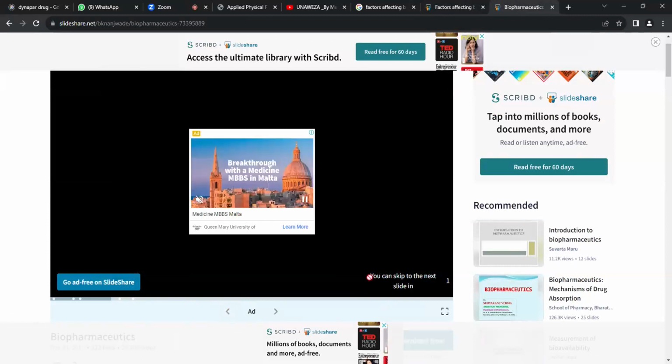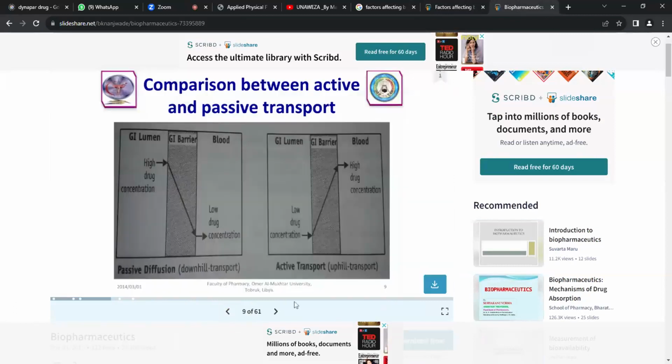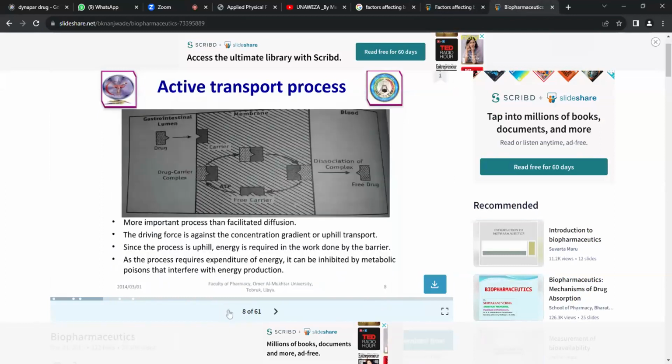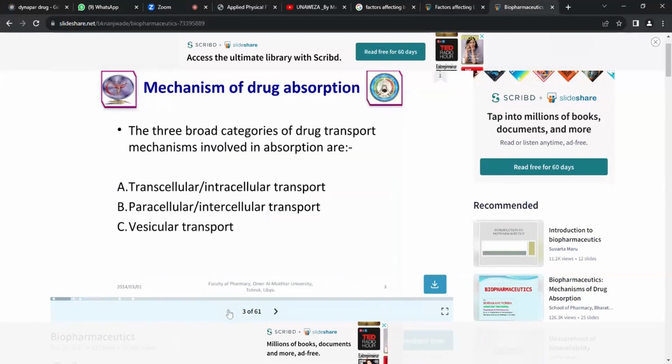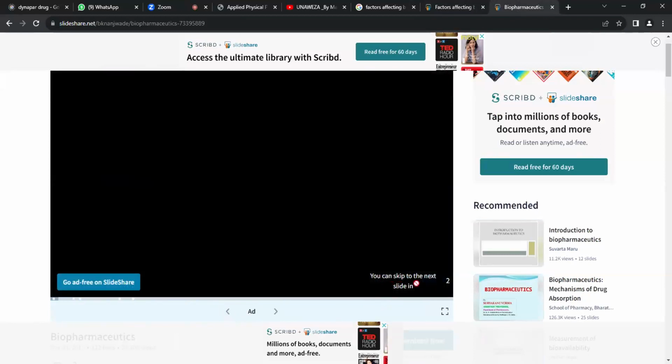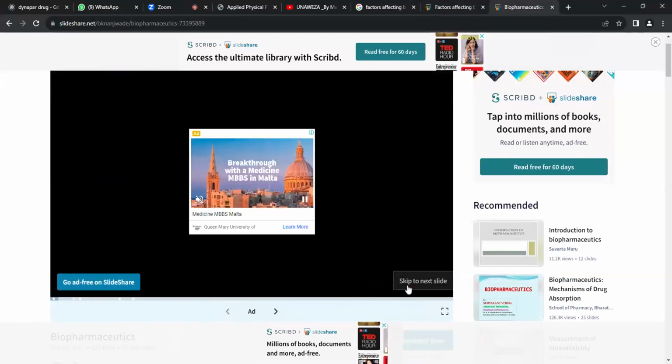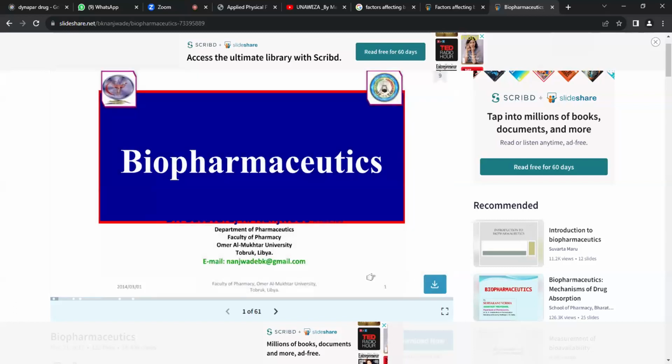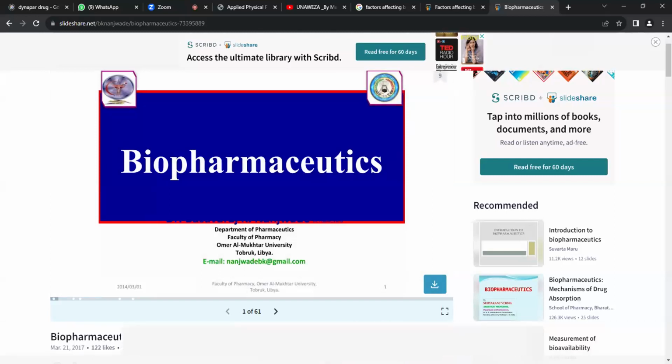some of the properties, kama vile Chai had discussed, about solubility and dissolution. So that's a pharmaceutical factor that's going to affect bioavailability, because if a drug is more soluble, then itakuwa absorbed faster kwa the bloodstream, so its bioavailability will be higher than a drug which is not easily absorbed into the bloodstream. So